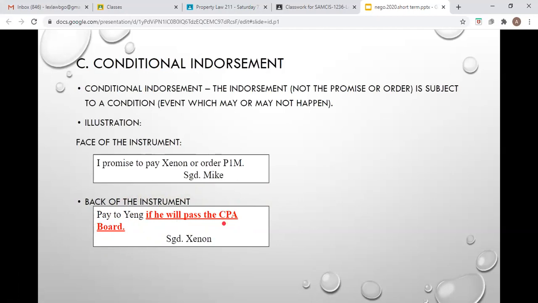Sir, when that endorsement is subject to a condition, does it not at all affect the validity or the negotiable character of the instrument? The answer is no. Again, Section 47. If your instrument is negotiable from the very beginning, that negotiable character would continue until it is restrictively endorsed or discharged by payment or otherwise. So, the fact that this endorsement now contains a conditional endorsement, it remains a negotiable instrument because in its beginning, it is already a negotiable instrument.